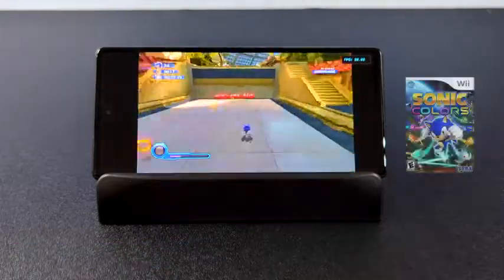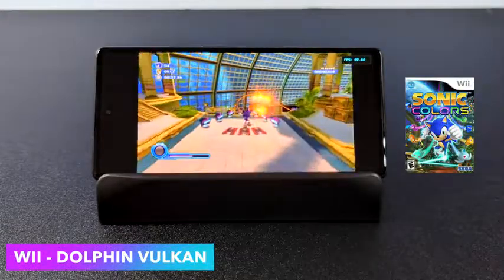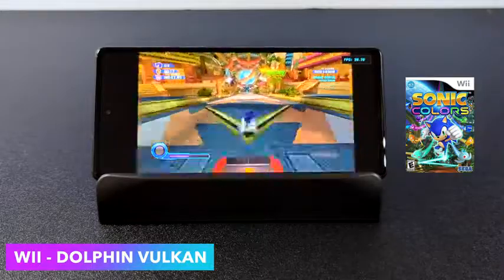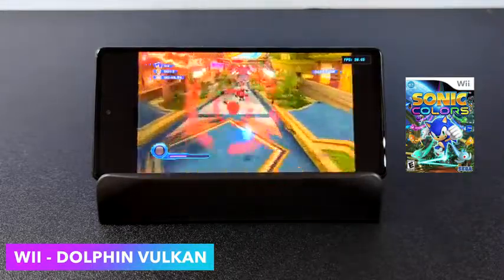And as a lot of us already know, the Dolphin emulator also does Wii games, so I figured we'd go ahead and test a couple of those out. Here's Sonic Colors, native resolution, again, Vulkan backend. I've just had much better luck with the Dolphin emulator using Vulkan on this device,